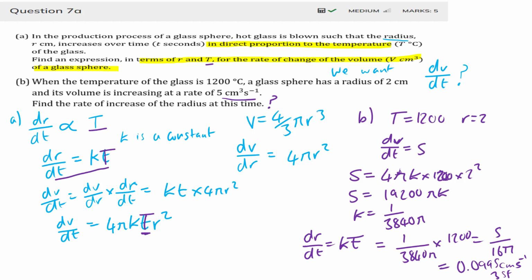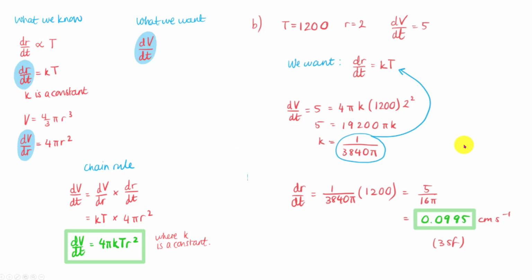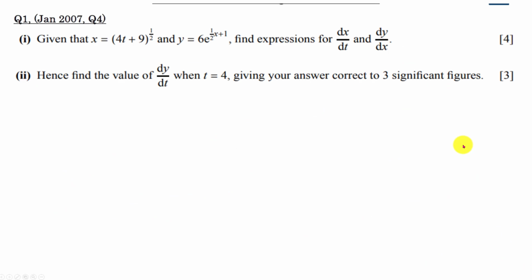Right, so now we're going to use the same skill, but when you have to use a product or chain rule in the question, right? So I just wanted to show you something scaffolded a bit more difficult. So I'm going to give you this question here, and I think you can give it a go, but if you look here,